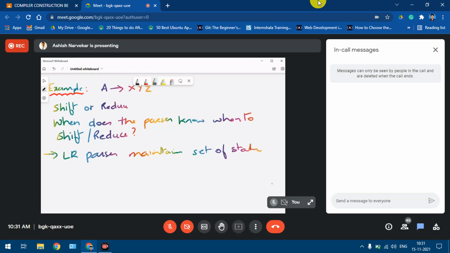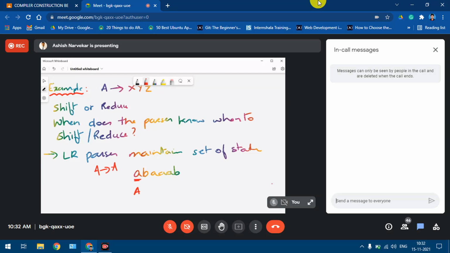Just as an example, suppose the string is given as A, B, A, B, something like this. Parsing a string is nothing but taking one symbol from the input at a time and checking it against the grammar, and which production can be applied. Suppose there is some production like A gives A that can be applied, then you reduce it, right? So corresponding to A, you will be writing this, and that's how you proceed in the solution.